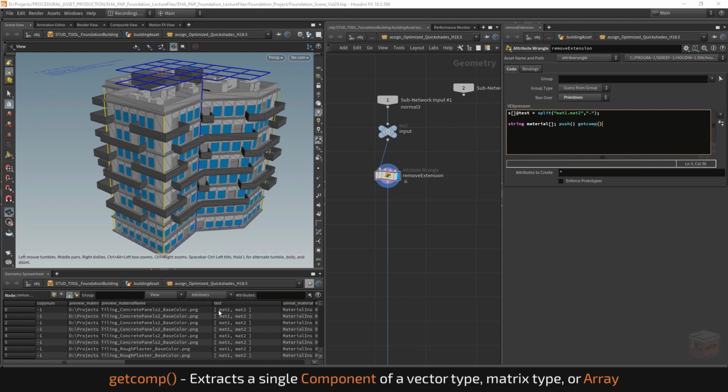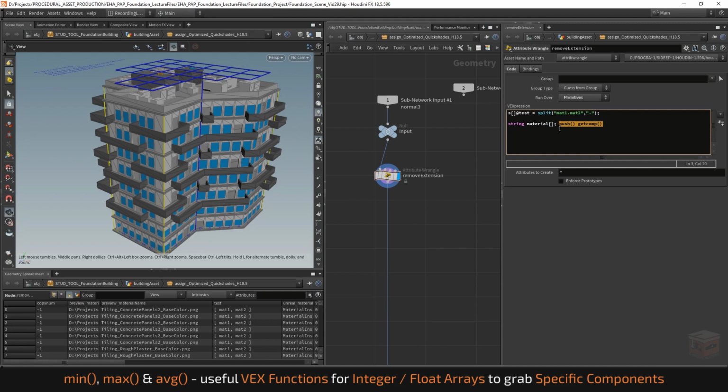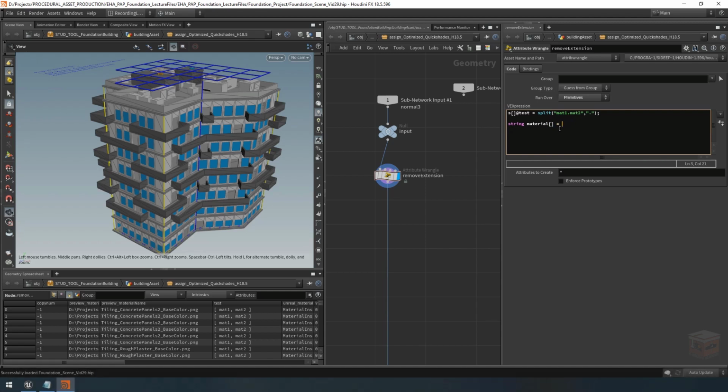For example, in this case, if I grab component 0 from this test attribute here, I would grab mod1. Component 1 will return mod2. But let's not go too far into that for now. In this case, I'm going to grab material and assign it using a split function. Then I'm going to type my attribute name. So that's going to be string attribute preview material name,